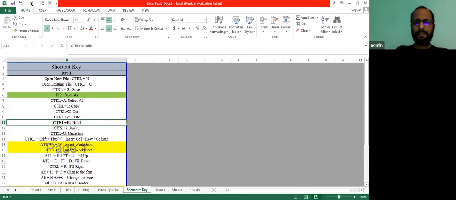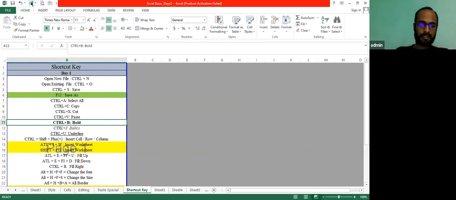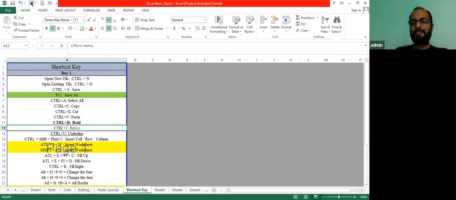Let's suppose by mistake I deleted the content of the cell, or I am moving my cursor, or by mistake I deleted this shortcut. I want to recover it back. That means I want to go 1 step or 2 steps back. So I just need to press Ctrl Z. You can see I have recovered 1 step back. Then you will press Ctrl Z again, and you can see we have also reached 2 steps back. So you keep pressing Ctrl Z, and it will take you 1 step backwards each time.